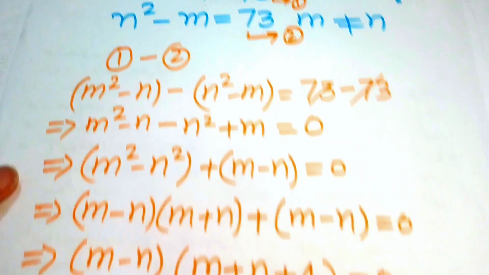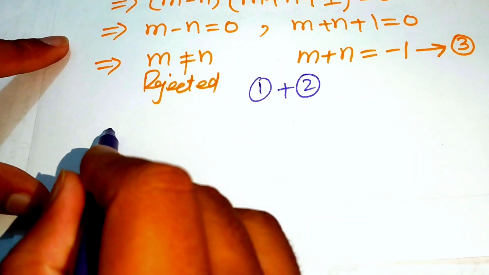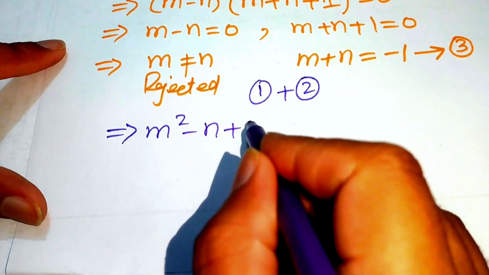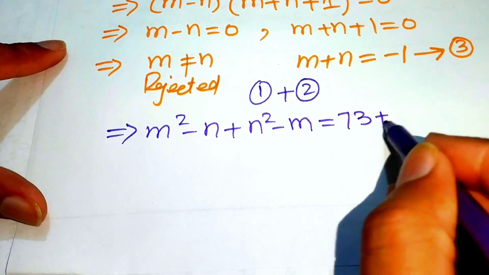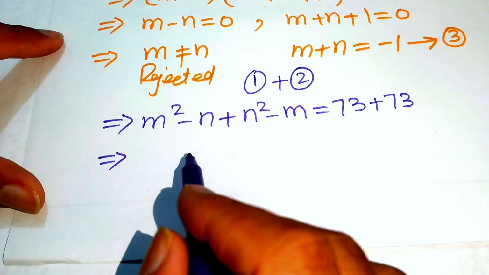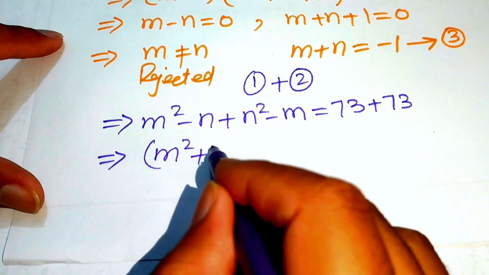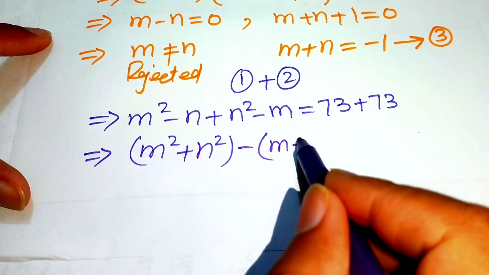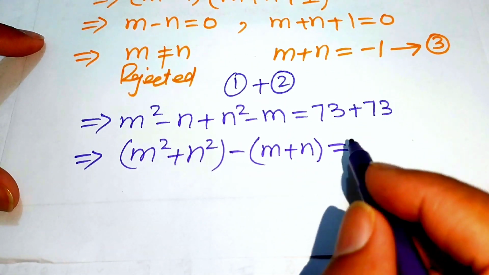When we add these two equations, it will be written as m squared minus n plus n squared minus m equals 73 plus 73. Again we rearrange the terms and combine m squared with n squared, so it is written as m squared plus n squared, and we take common minus from these two terms, and we get minus (m plus n) equals 73 plus 73 equals